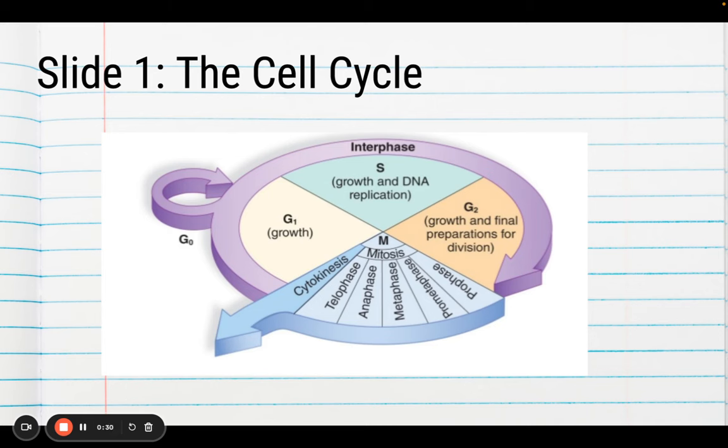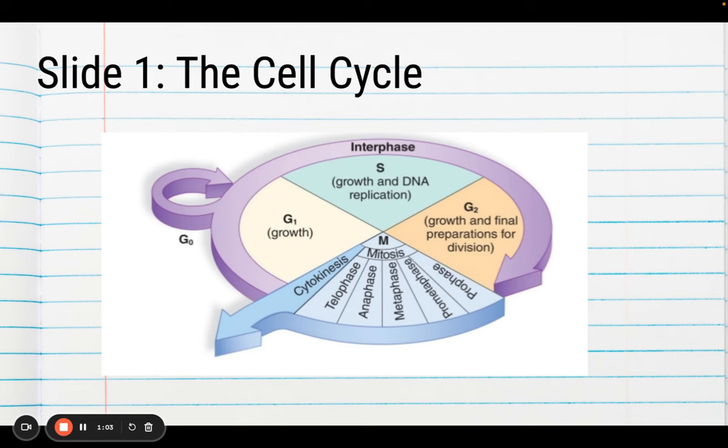You can imagine that the birth of a cell happens right here in G1. The cell spends most of its life in this first stage we call interphase. Interphase is broken down into 3 separate parts. So when a cell first divides or is born, we would say it begins to grow. It grows and it makes organelles during G1. Now, once the cell gets large enough, it's getting ready to start the process of dividing or becoming 2 new